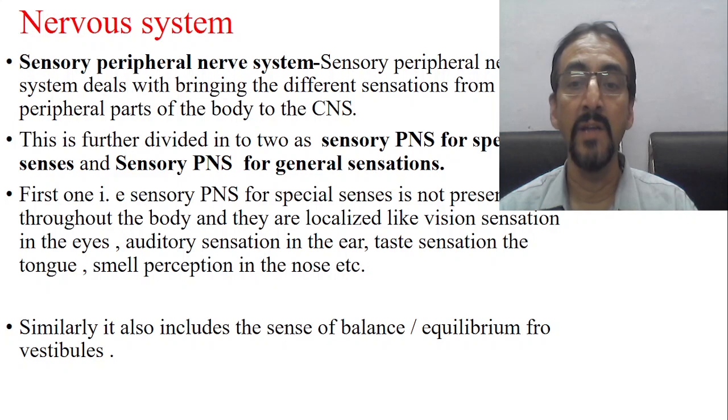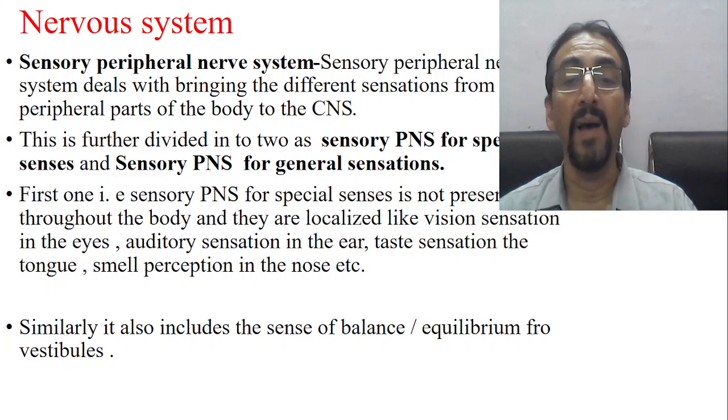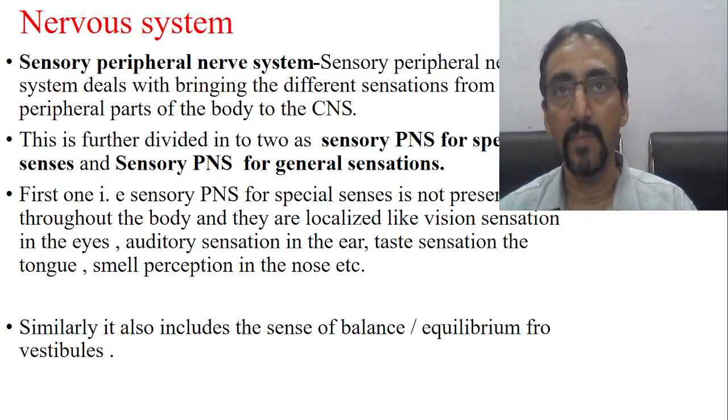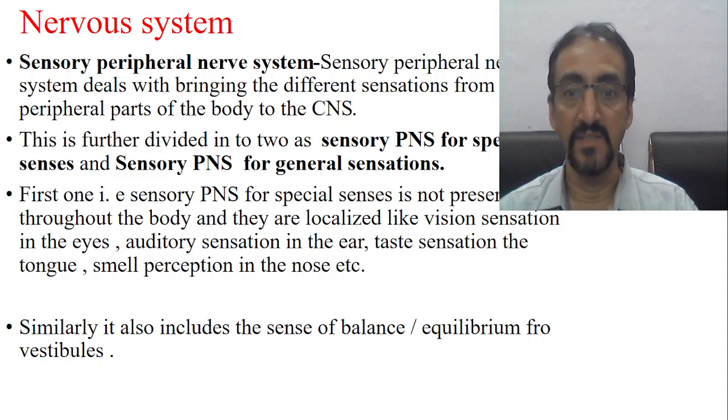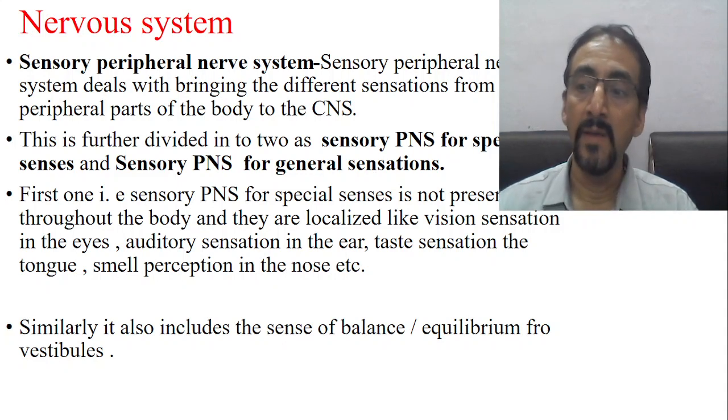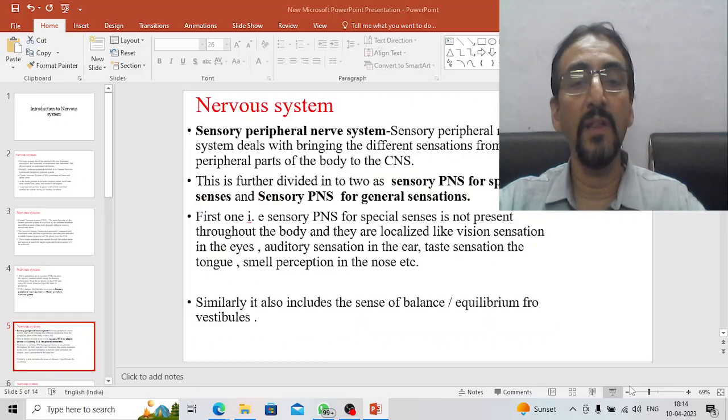It also includes the sense of balance, equilibrium, from the vestibules of the cerebellum. The balance and equilibrium is mediated from the vestibules of the cerebellum. So this is called special senses. Special senses. Now, if you see the other part,